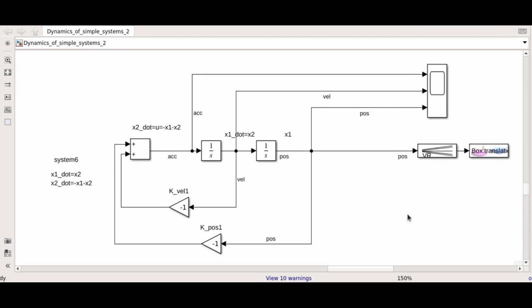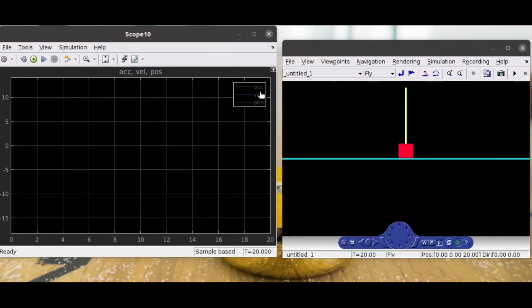You can see the simulated plots on the left hand side and the VR simulation on the right hand side. You can see that the position and the velocity of the body will go to 0 as t tends to infinity, but it is in the region of near 0 even before that, and the velocity of the body remains at almost 0 at position 0. This was our objective and it is met with this definition.